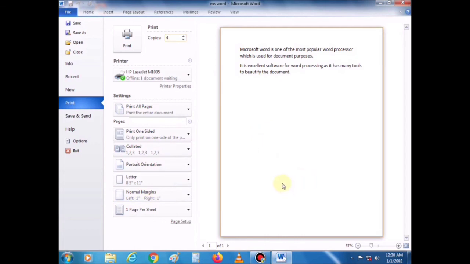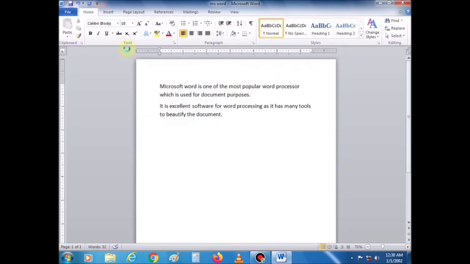And Print Current Page also is there. You can print the current page where the insertion point is placed, and Print Custom Range is also there. Then click on the Print option. So your document will be printed.